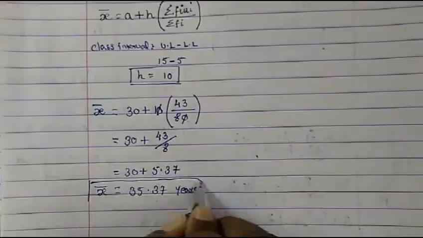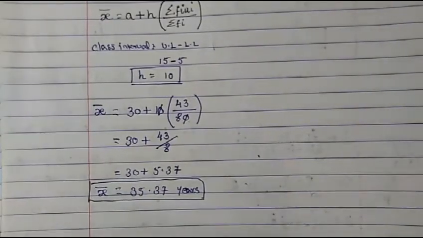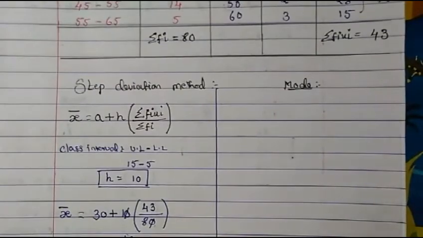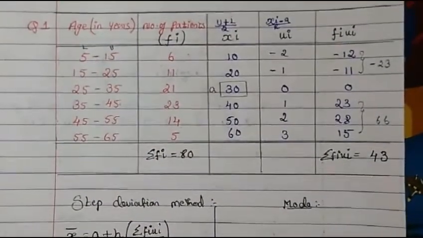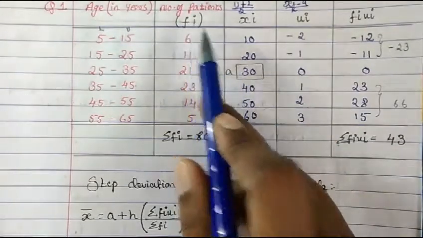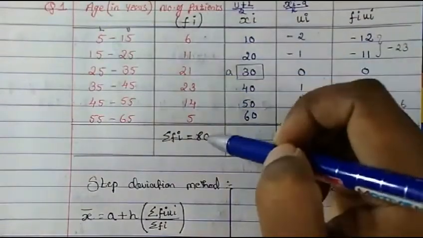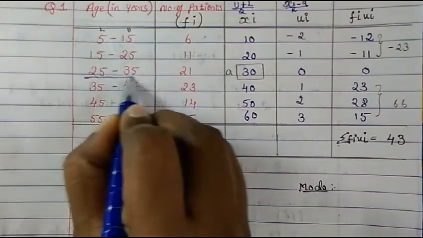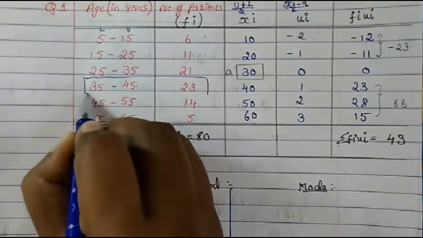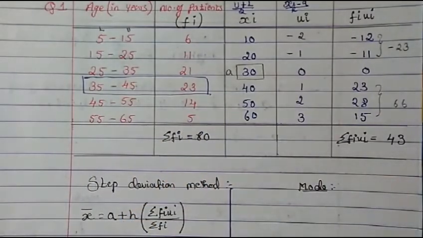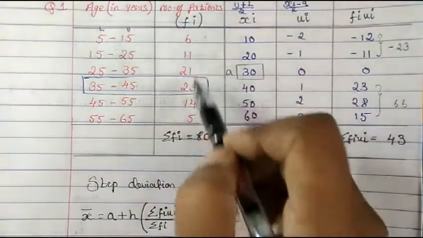Now what we have to find out? We have to find out the mode. So for mode, what we have to look? We have to look which is the highest frequency. So frequency is here. So here which is the highest one? Highest one is here, 23. So mark it, this is the highest frequency. So whenever you find out the mode,